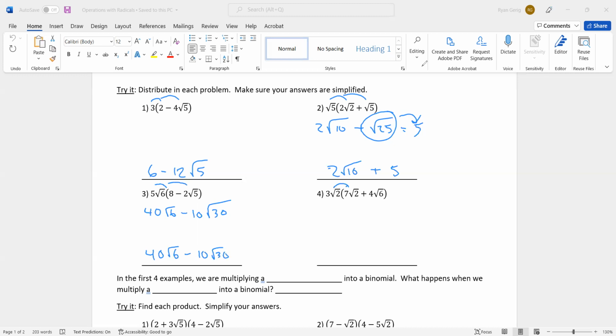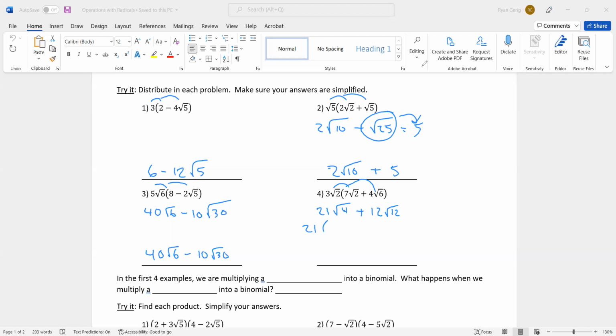Last one here. 3 times 7 is 21. Radical 2 times radical 2. Don't try to get cute here and simplify it right away. Just multiply it. 2 times 2 is 4. I know that simplifies, and a lot of you probably already saw that it simplifies. Don't try to. That's where, again, mistakes will happen. 3 times 4 is 12. 2 times 6 is 12. All right, so